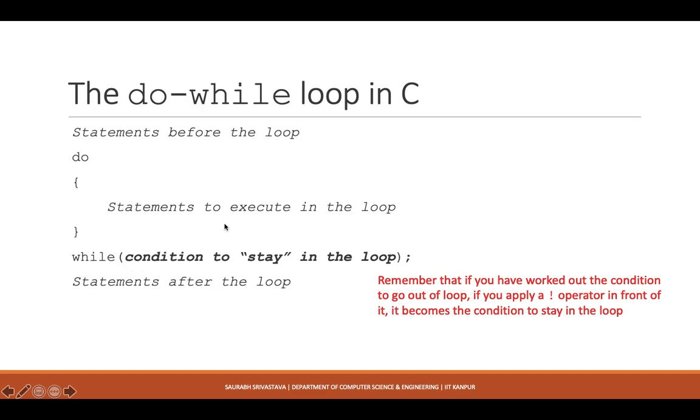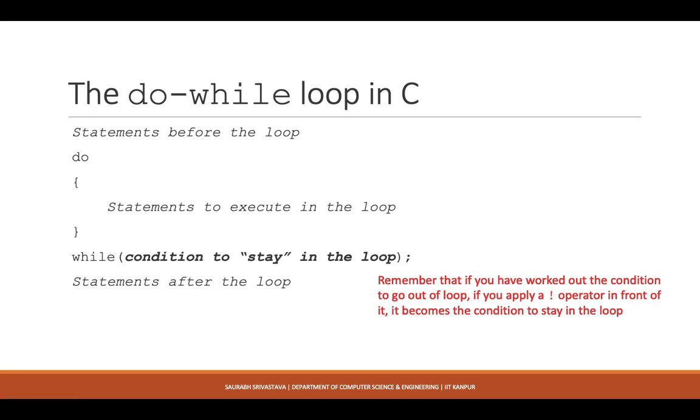Now here, this is something that we have to understand. Till now we were saying that we need to find the condition based on which the control will come outside the loop, so we have to break out of the loop, and that is why we needed a condition. Now, when we write a do while loop, it's the opposite. The condition that we provide here is the condition to stay in the loop. This is the idea. You do something while something is true. If we convert it into simple English, this is the idea: do this while this is true. So let us say if you have the opposite,